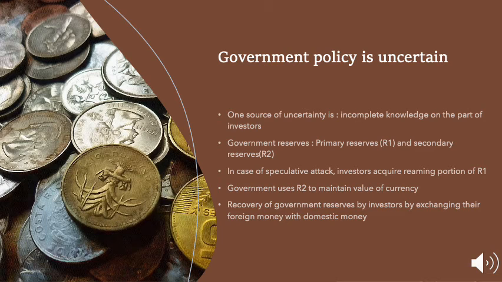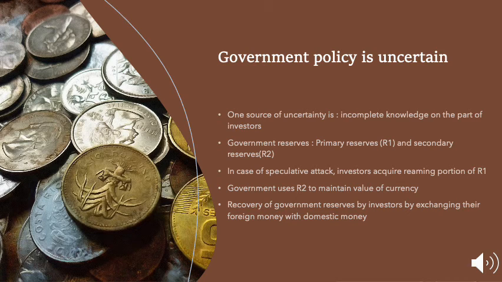The government has two reserves, a primary reserve and a secondary reserve. The primary reserve is represented by R1 and the secondary reserve is represented by R2. I am going to use only R1 and R2 in the further explanation. So what is R1? R1 includes a bank's vault cash and the checkable deposits held with other banks or any other funds that are accessible immediately to meet the demands for liquidity made against the bank.